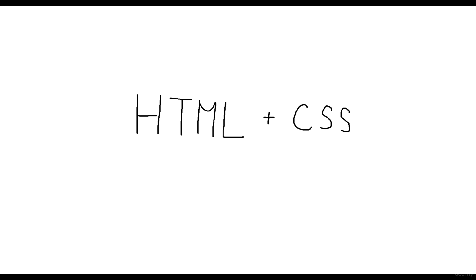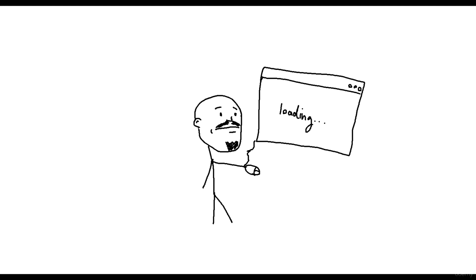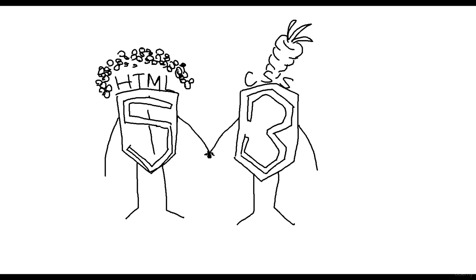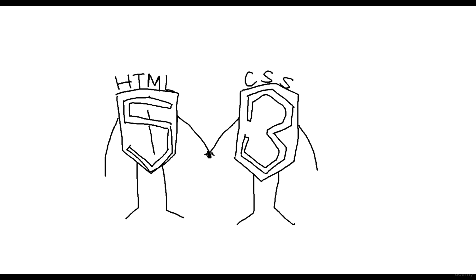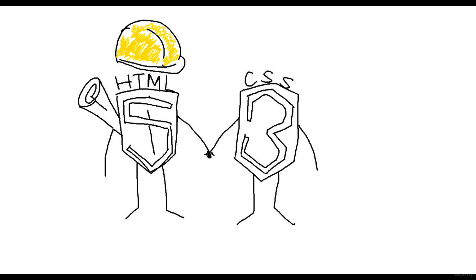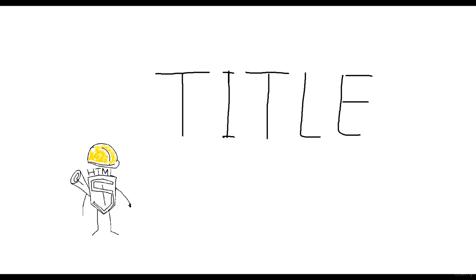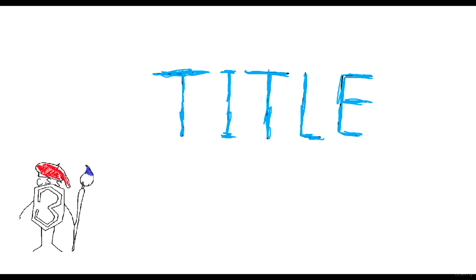HTML and CSS. So HTML is what you see when you first open a web page, but HTML has a close friend called CSS. They come together like peas and carrots. Thanks, Forrest Gump. And the reason for this is because HTML is in charge of the structure of the page, and CSS is in charge of the design of it. For example, you might have a great HTML header with your name on it, and the CSS to paint it blue.